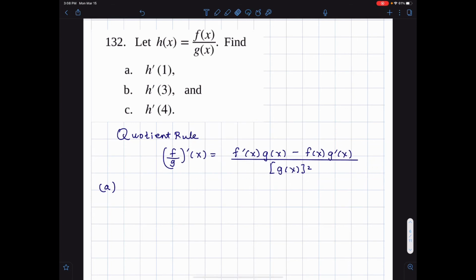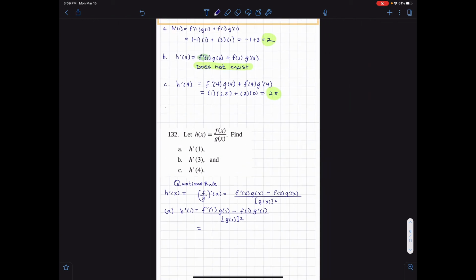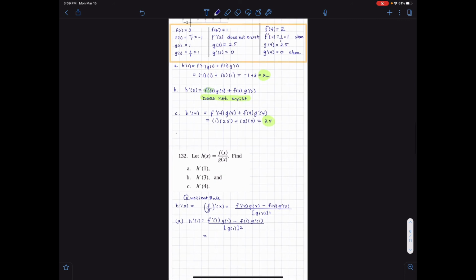So h prime of x equals this. All right, so h prime of 1 is then f prime of 1, g of 1, minus f of 1, g prime of 1, over g of 1 squared. All right, so this is referring to the same picture, and I'm going to use that same data. I know that when I zoom out, it's harder to read, but I've got to use all that data that I had before, and I'm just plugging in all those numbers that I wrote down